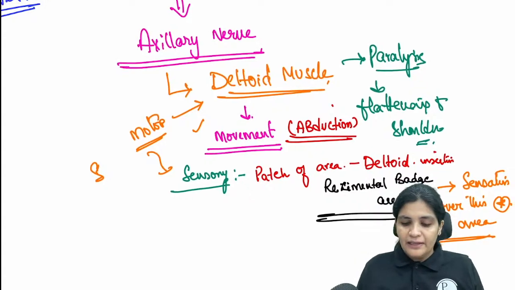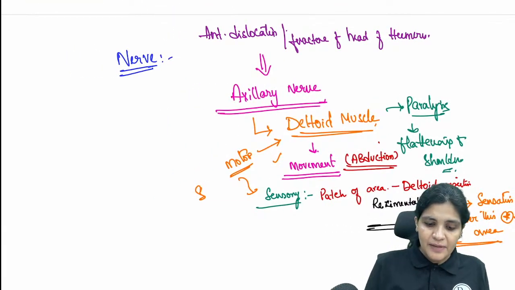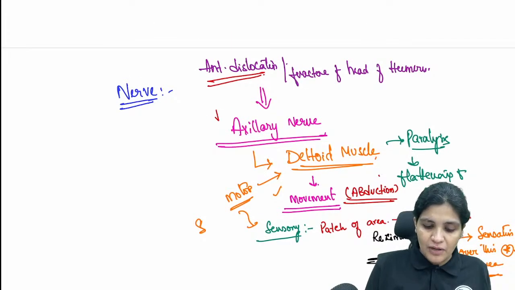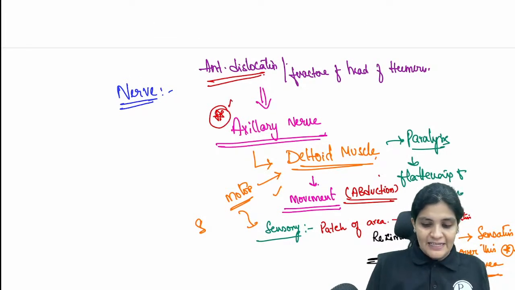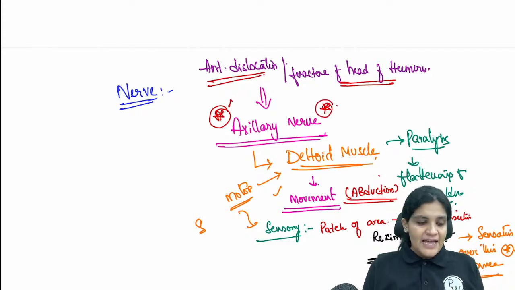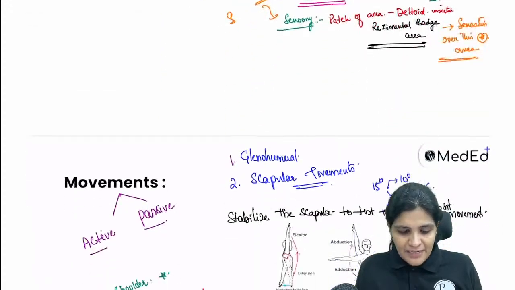And what are the conditions where it is usually seen injured? It is mainly the anterior dislocation. So whenever there is an anterior dislocation, you have to always examine for the axillary nerve. Whenever there is a fracture of the head of the humerus, again you have to examine the axillary nerve. So that completes your palpation as well, right? And then